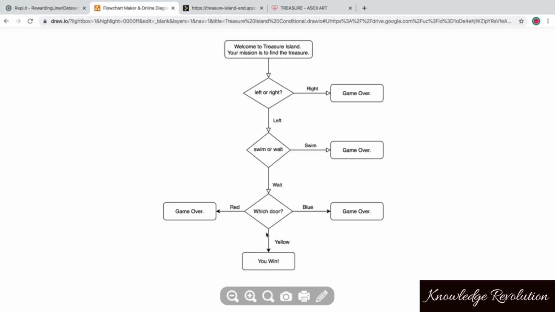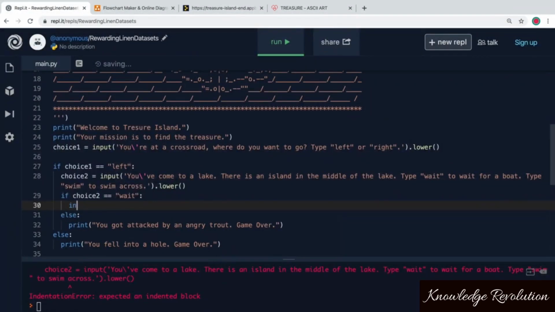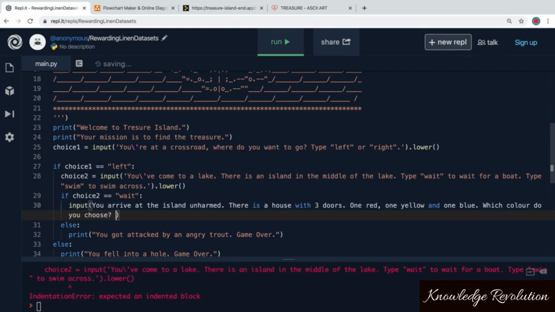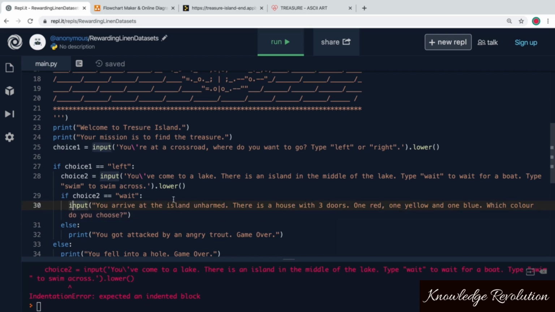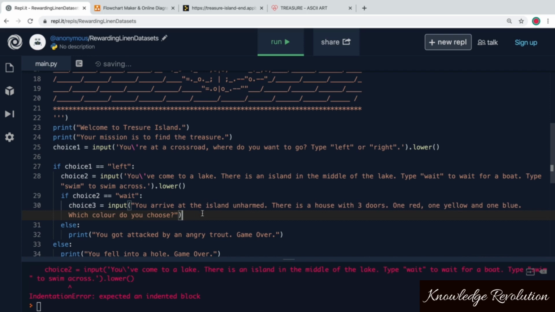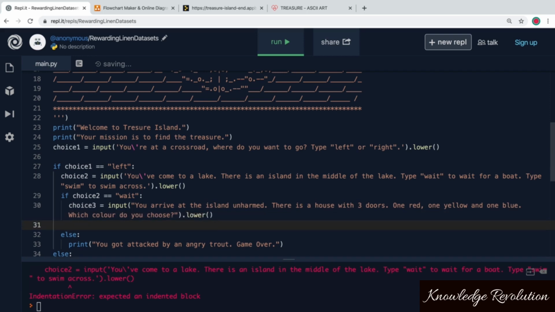And the final question we're going to ask the user is, which door do they want to choose? So here I'm going to use an input to send them the message that you arrive at the island unharmed. There is a house with 3 doors, 1 red, 1 yellow, 1 blue. Which color do you choose? Now I'm going to save their choice inside a variable called choice3, lowercase the answer that they provided, and finally